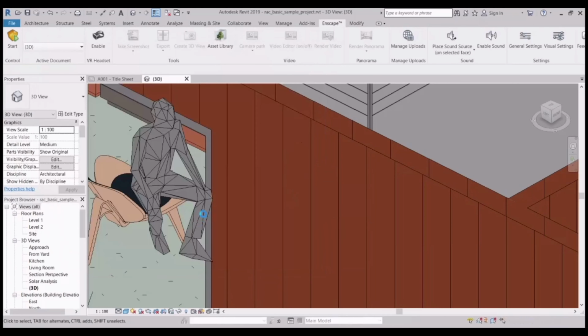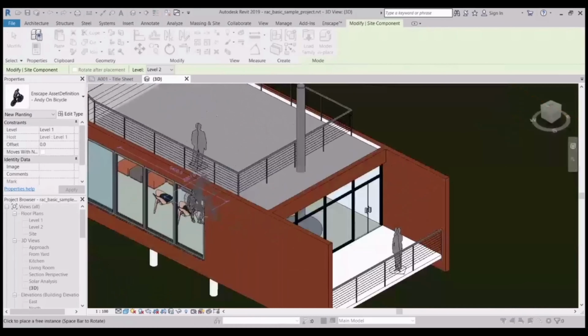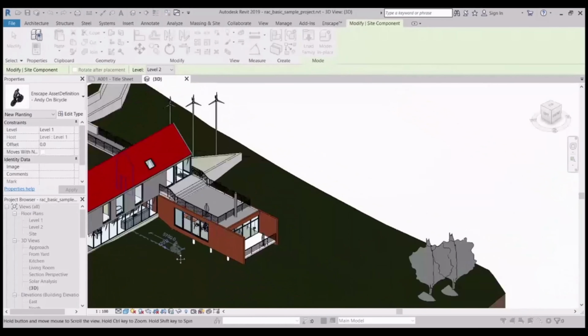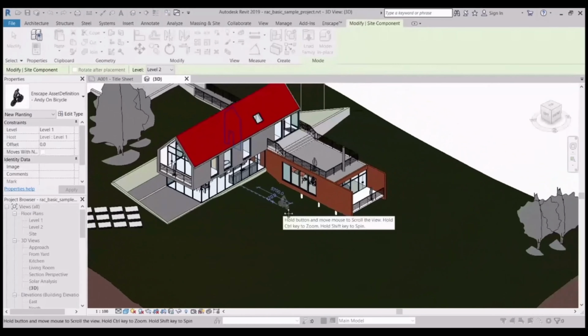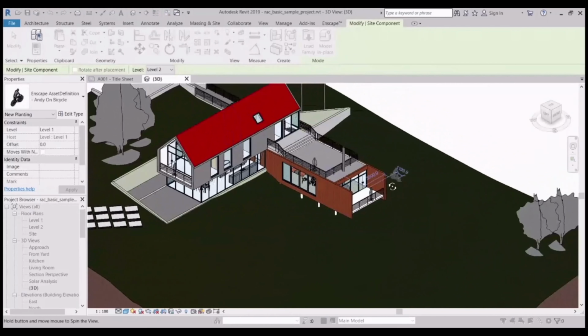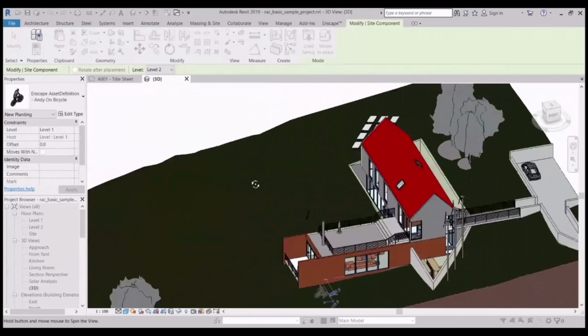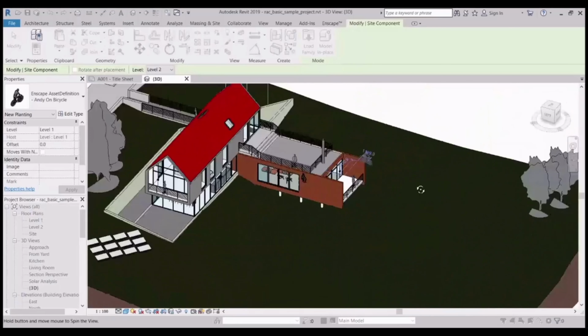If you click on it, it will take some seconds to load, and after that you can place it. Let's find out the right place to place it.